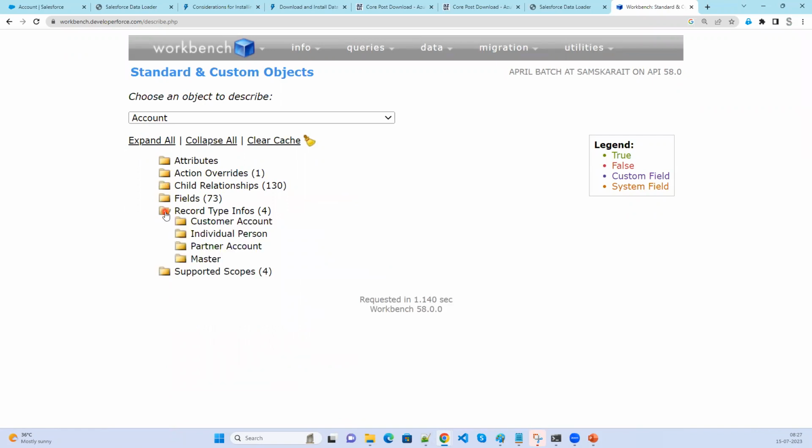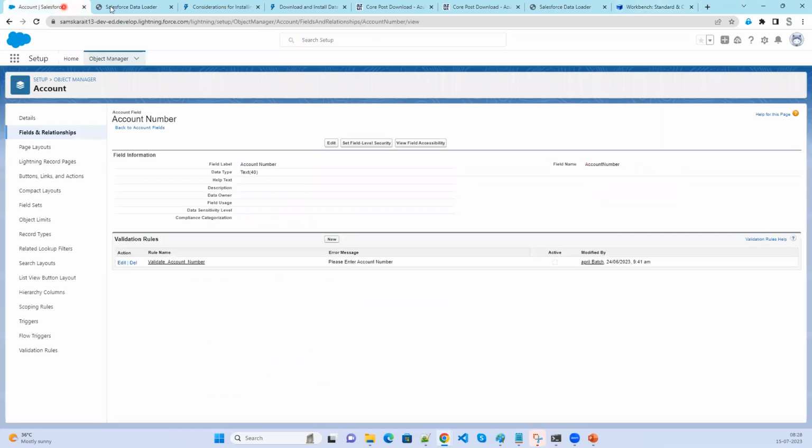Now, what is the record type? How many record types do we have in the account? We have master, partner account, individual person, customer account, right? Now, if I go to the account,